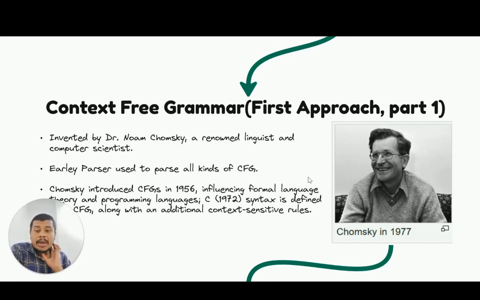Fine. So he came up with a method or a set of rules that could form a grammar for all of the programming languages, and that was the context-free grammar. That is how profound this particular technique is. So this is the first type of NLP system ever to be created. Only after that, we were able to even compile the programming languages. And only after that, we were able to develop software. And then we have evolved this much that now, even if you give natural language text-based input to any of your ChatGPT or your DeepSeek, it's able to understand the question and then answer it. So that is how we have evolved.